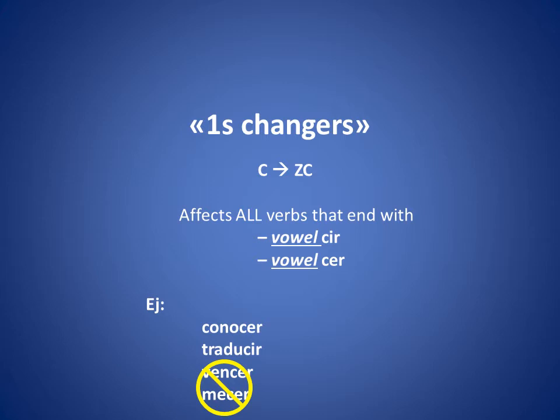You probably thought that bendecir was the only one, because the N comes right before the C and that's a consonant. And you would have guessed absolutely right based on the information that I told you. However, there is one verb that's just an anomaly, the verb mecer, or in Spain, mecer. That verb contains a vowel CER ending,